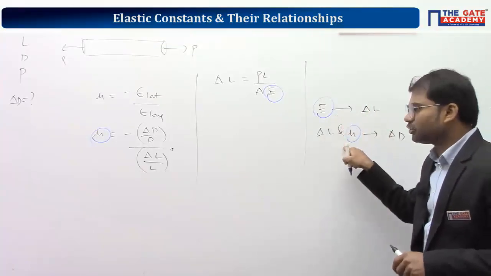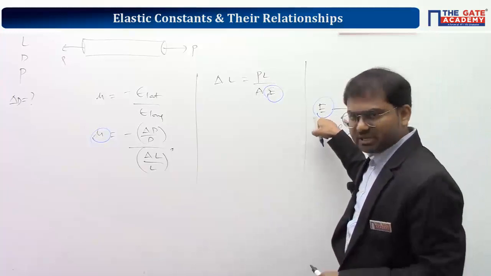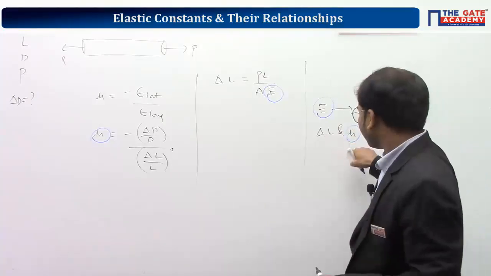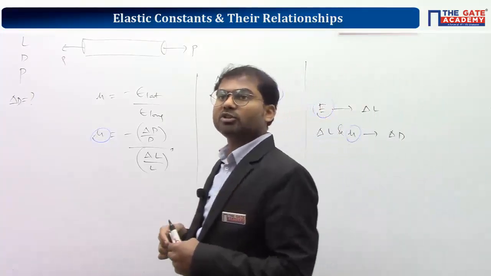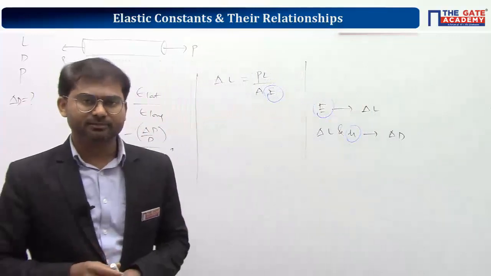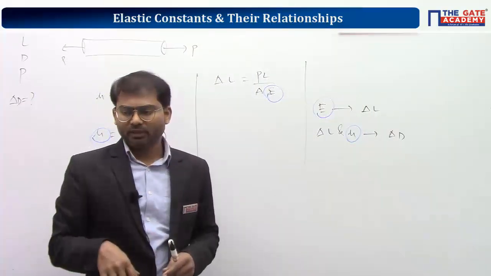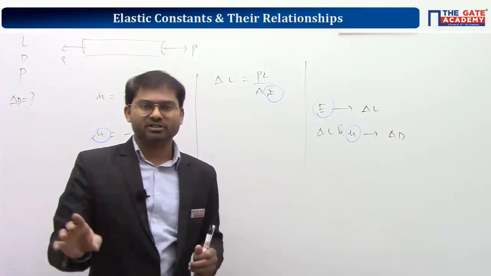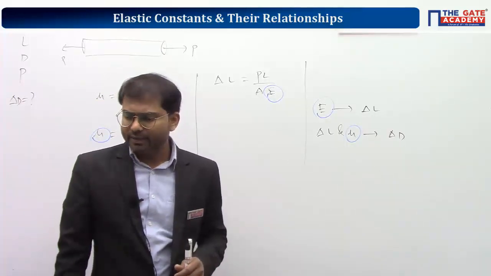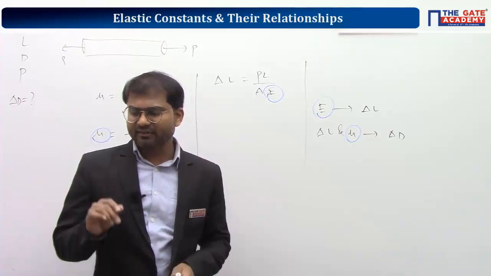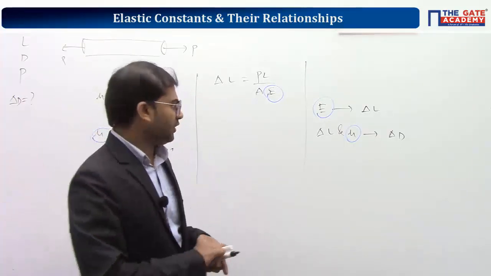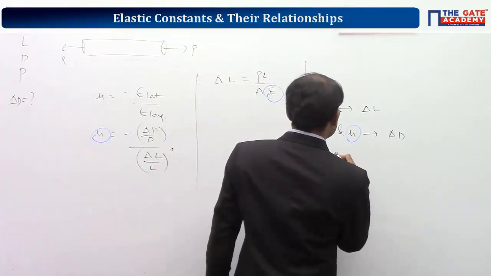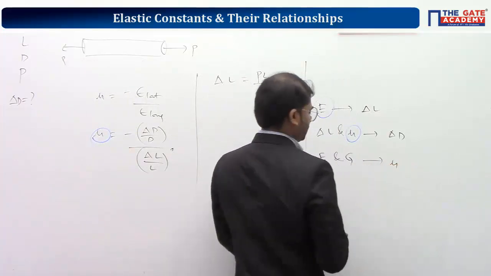So these two values should be known. Only Young's modulus will not help you, and only Poisson's ratio also will not help you. So both of your answers are not completely right. We need both of them. If you see the options, there is no option written as Young's modulus and Poisson's ratio. But if you see option D, they give Young's modulus and shear modulus. So if you know Young's modulus and shear modulus, we can get Poisson's ratio.